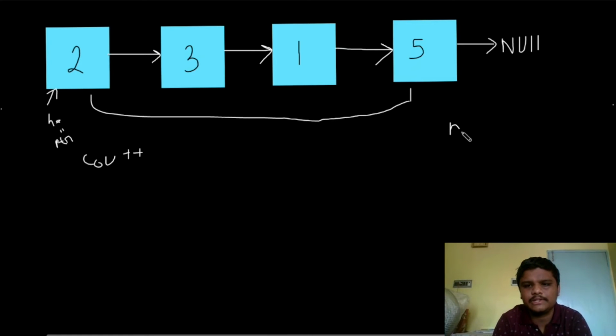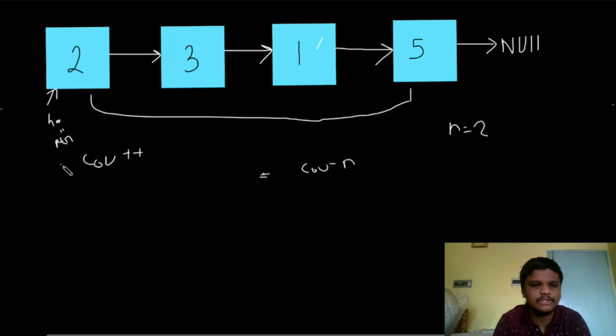Now after getting the length, what do you need to get? Let's say our n is equal to 2. What does it mean? It means that we need to delete this node. But how will we know that we need to delete this node? All we can do is subtract from this count. We can get the target as count minus n. Now this would give me the exact location from the first.